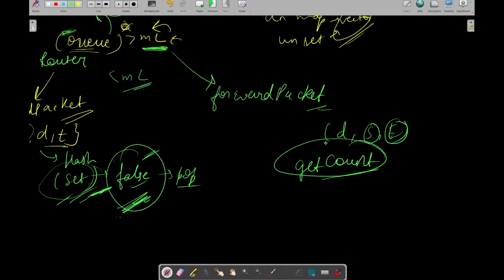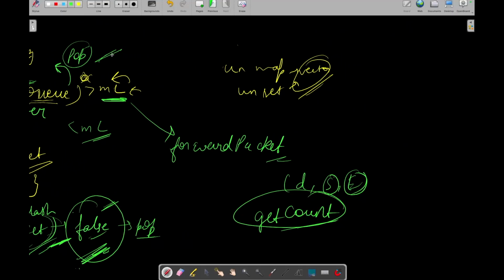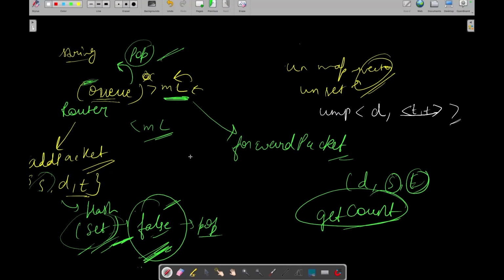So what we can do is create one more unordered map, which will store the destination and all the timestamps with that particular destination. Can we do something like this? Yes. While adding a packet in the queue, we will also update this unordered map, which will store the destination and the corresponding timestamps with that destination. In this way we will be able to get it.